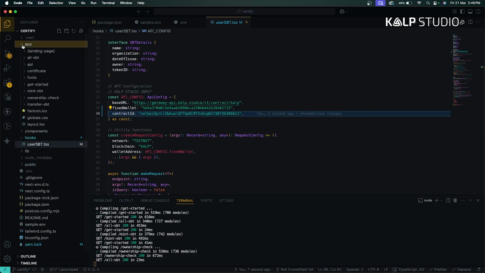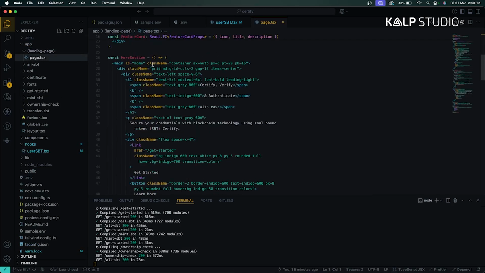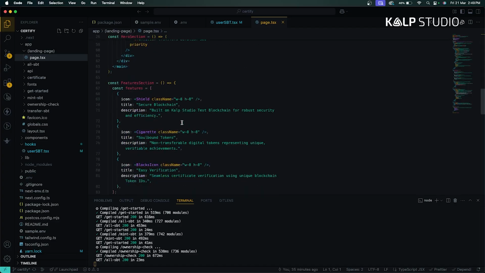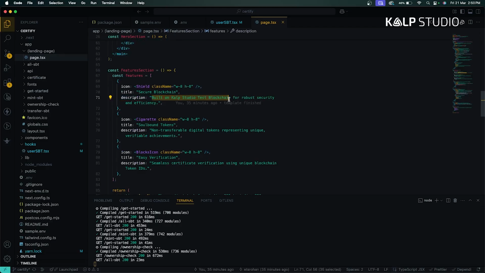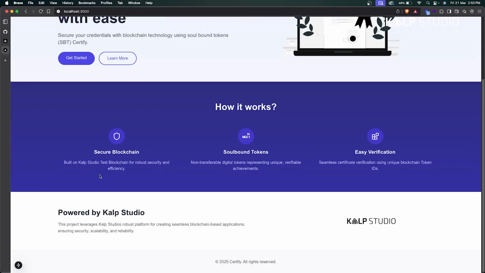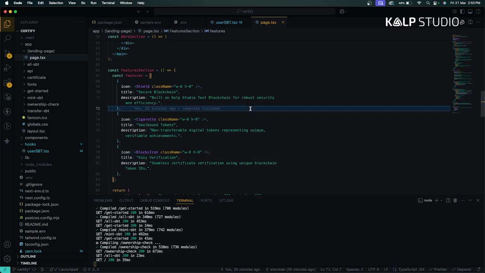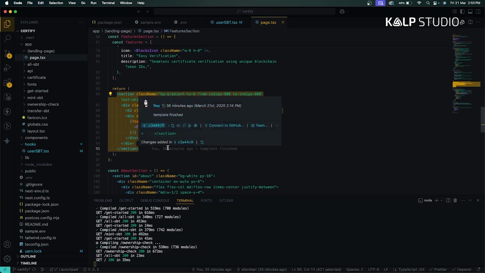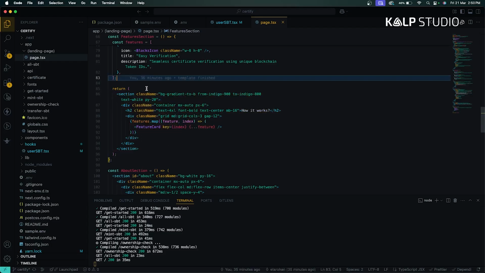So if we go into our app folder, you'll see the landing page, which is just a landing page, all of that HTML and CSS for that, built on the KALP Studio test blockchain. So this is our landing page over here. Secure blockchain, all of this stuff. So if you want to go over and see what's exactly happening with the CSS for this, you're more than welcome to explore and change it up to your standards. So